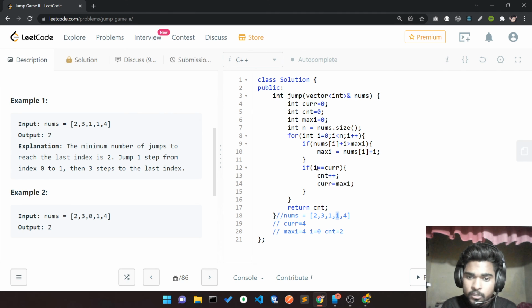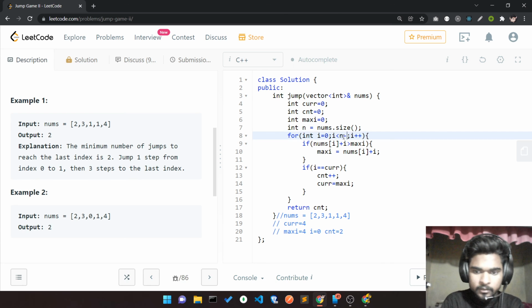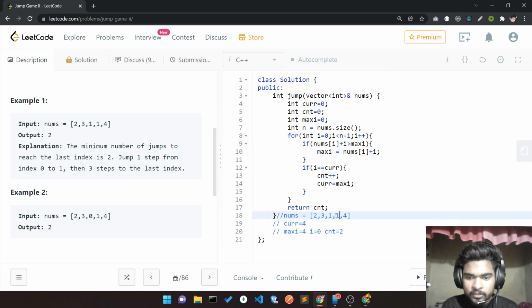If I reach here, i has the value 3 and current has the value 4, so it's not going to run. I'm again reaching here, so i has the value 4, so I have to make one less step, and so it's going to run till here.